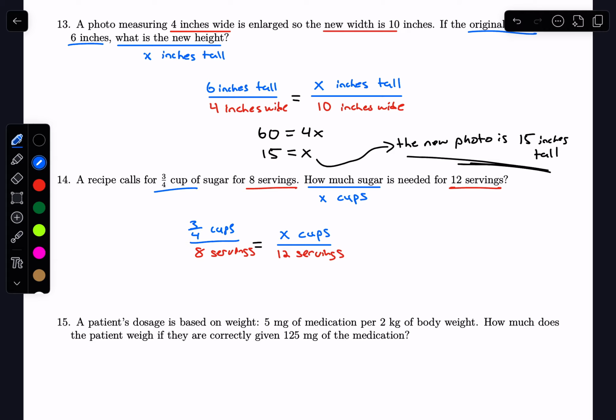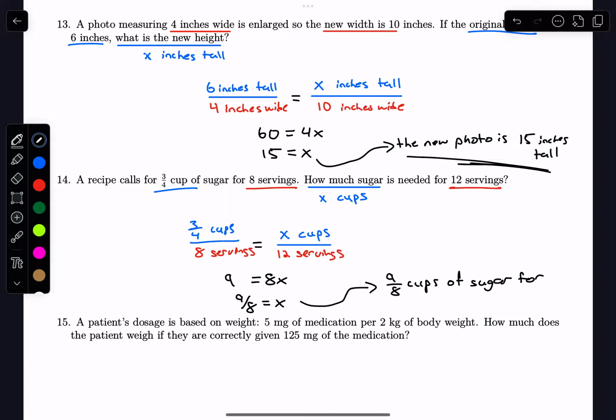So I just have to make sure I set it up as cups over servings and cups over servings. Now when I multiply, 3/4 times 12, well, 12 divided by 4 is 3, and times 3 gives me 9. So 3/4 times 12 is 9. And then 8 times x is just 8x. If I divide both sides by 8, I get 9 over 8 is equal to x, which means that I need 9/8 cups of sugar